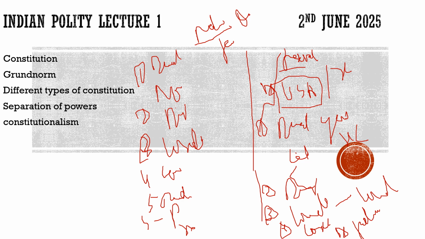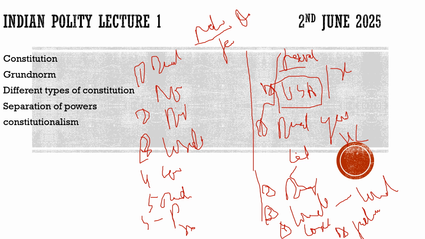But if there are emergencies, then definitely the federal nature is done and dusted. For example, we saw recently Operation Sindoor and the retaliation from Pakistan. We were on the edge of war. If war had happened, what would have been the status of the states in India, especially the border states, for example Rajasthan, Gujarat, Punjab, Jammu and Kashmir? Things would have changed drastically. There would have been direct control from the center. So in abnormal conditions we are not federal, but in normal conditions we are federal.